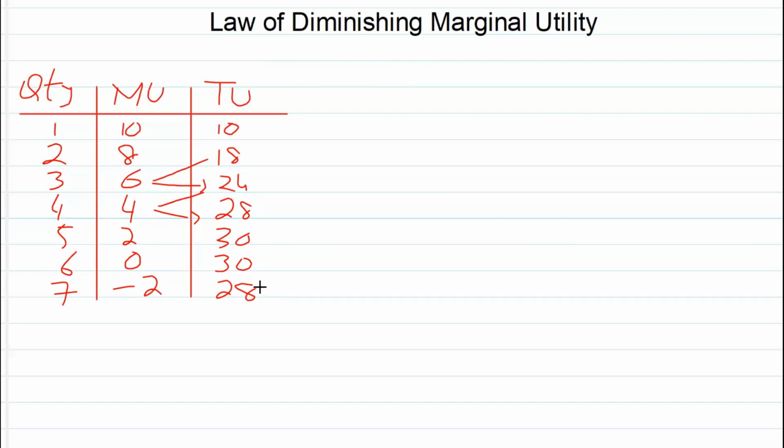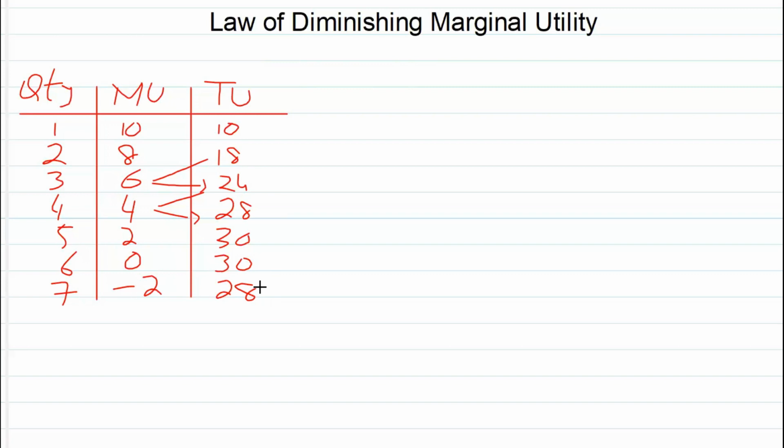We can relate this law to our daily routine life. For example, if a person needs some water, and he drinks the first glass of water, he gets a greater level of satisfaction. But on the second glass of water, his marginal utility or additional utility will decrease. If he drinks 6 glasses of water, then his marginal utility will be 0. On the seventh glass of water, his marginal utility will go into the negative area.